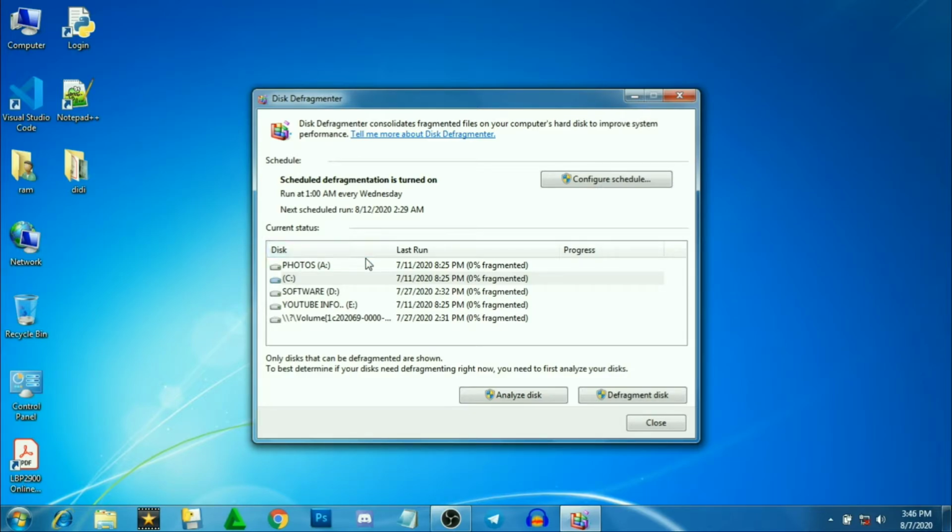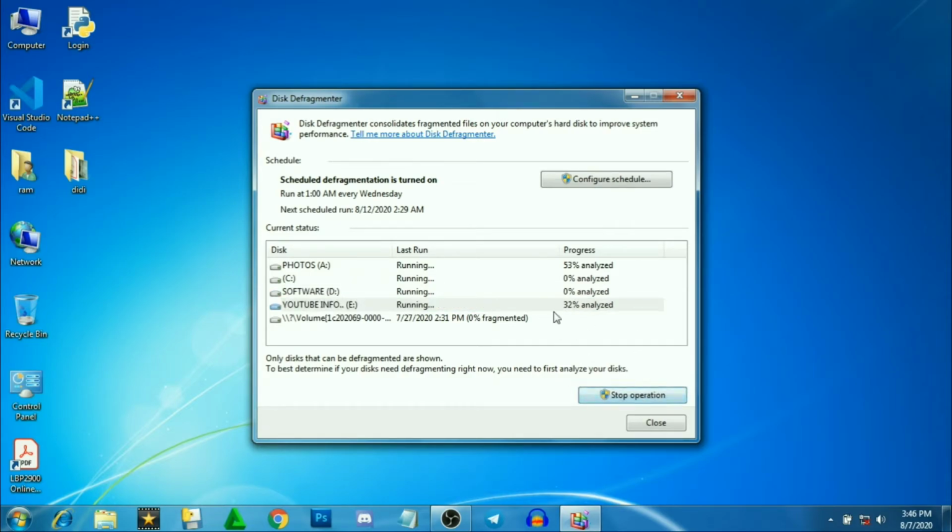Here all the drives in my PC are appearing. Click one by one and click on the Defragment disk button given right here. This will take around 10 minutes to finish. I will not show the whole process, but this will keep running in the background.